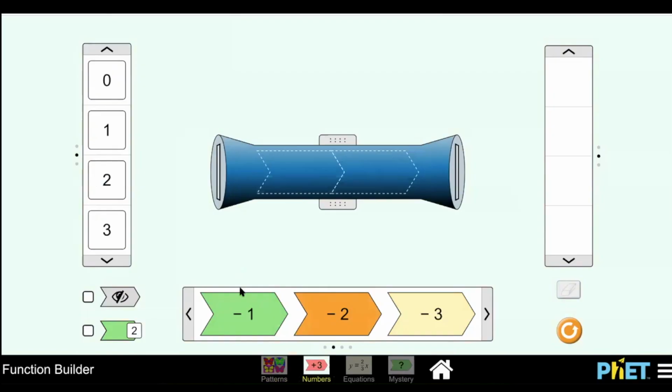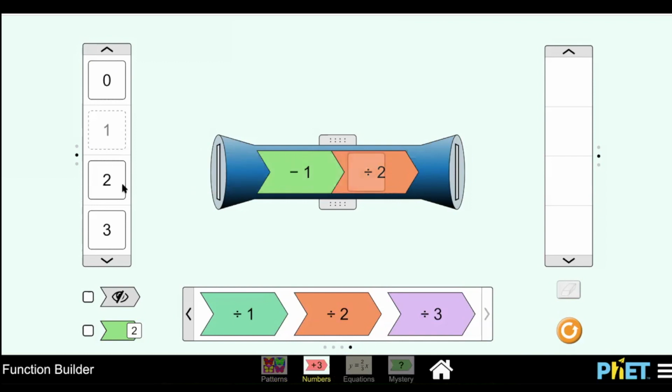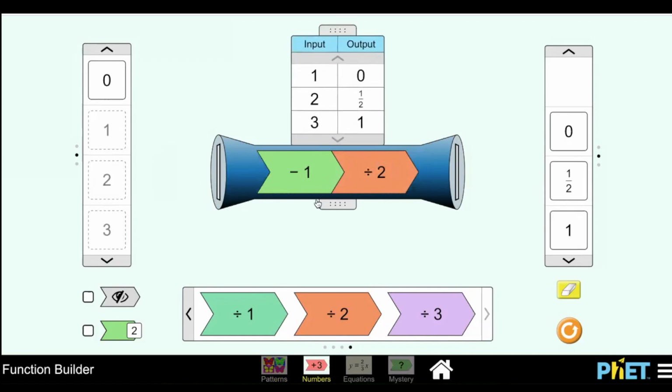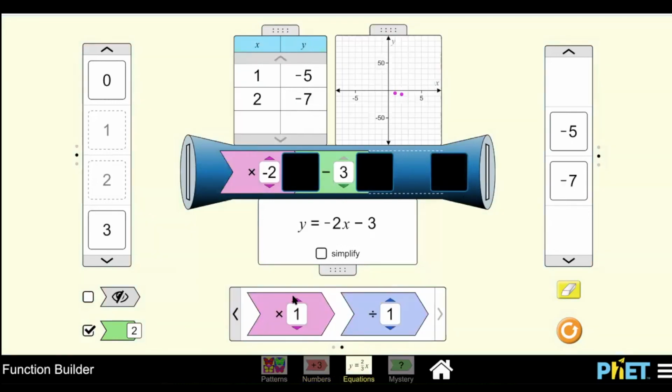So then, as you progress through this, we've got numbers. You can just say, well, this function, subtract 1, and then divide by 2. And throw your numbers through. So what I like about this is you can also see an input-output table. And like what's happening, and again, in more of a visual instead of an equation. And as you go through it, it gets more and more complex.